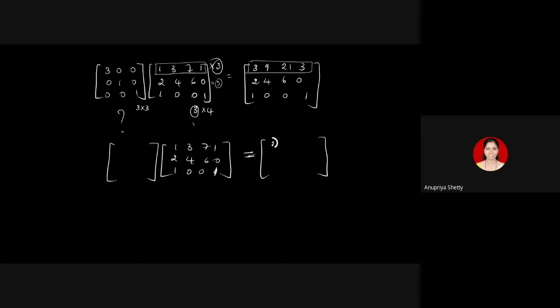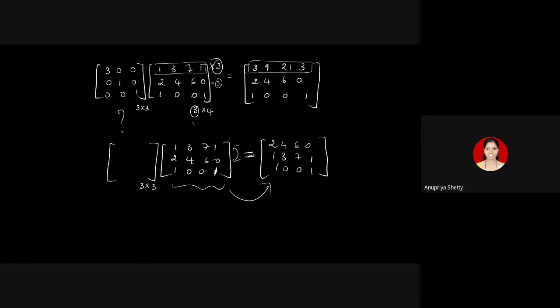Suppose I want the resulting matrix to be now 2 4 6, 0 1 3, 7 1 1, 0 0 1. So what has happened to this matrix here? Interchanging rows. Yes, I have interchanged the first two rows, right? So which matrix should I take here so that effect will happen? Interchanging of two rows, type 2. So I have to use the elementary matrix of type 2. Can you give me the suitable elementary matrix of type 2?